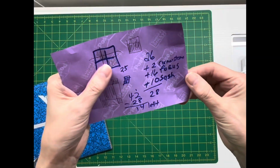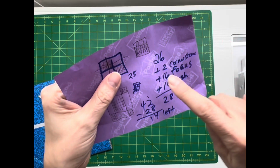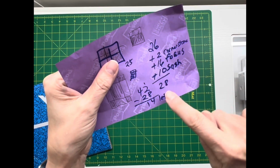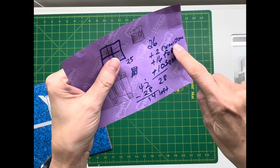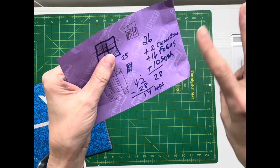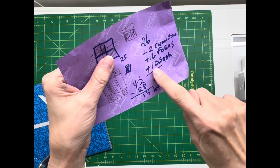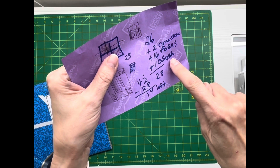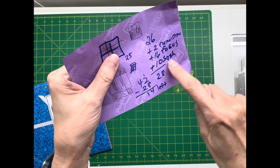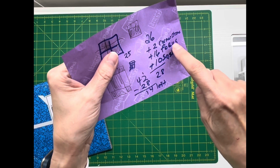Today I'm taking you through this no-waste layer cake plan. What you'll need to make this quilt are 2 10-inch squares for cornerstones, so a contrasting fabric. You'll need 16 10-inch squares for your focus. That'll be what you want everyone to see. And then you'll want 10 of your 10-inch squares for sashing, so they should also be a contrasting fabric from